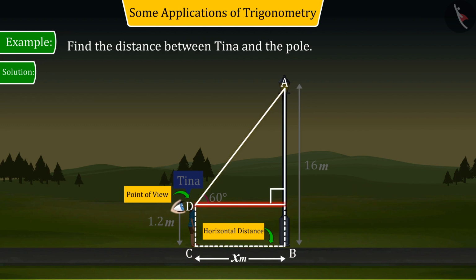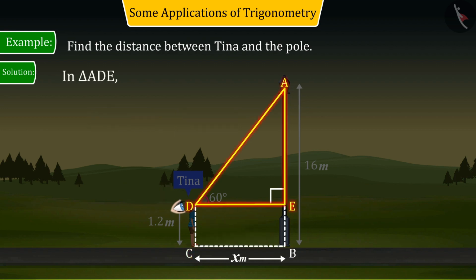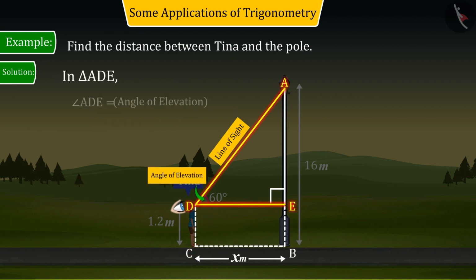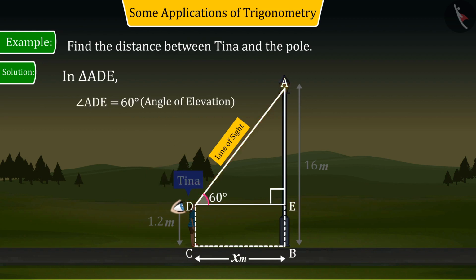And the point at which it cuts AB, let's represent it by point E, from which we get a new triangle ADE, where side DE is parallel and equal to side CB. In triangle ADE, the elevation angle formed by line of sight and horizontal line will be ADE and it is of 60 degrees. So, with the help of triangle ADE, can you find the value of horizontal distance DE? Let's see.